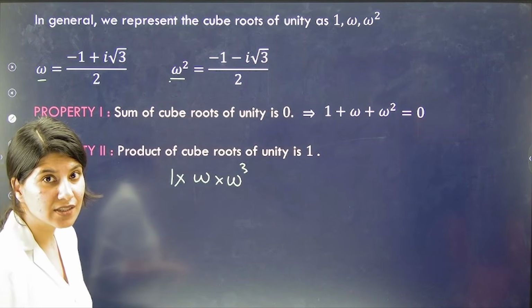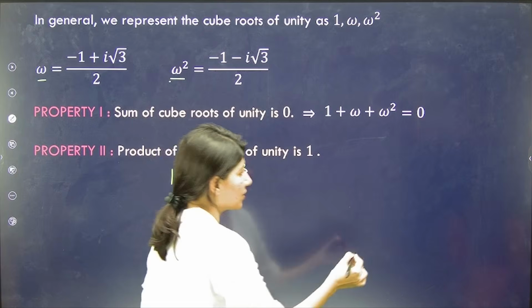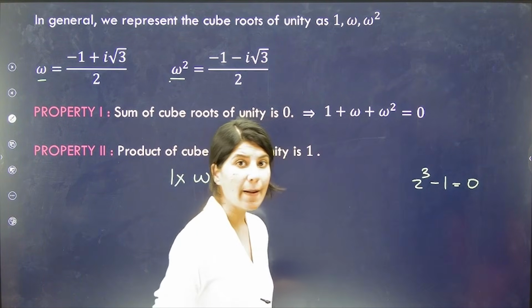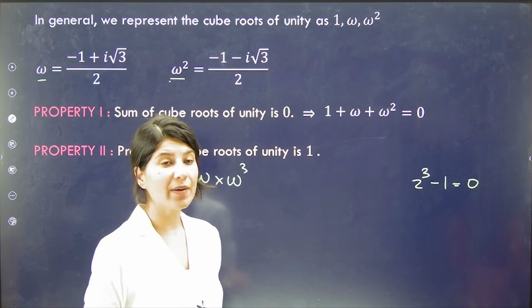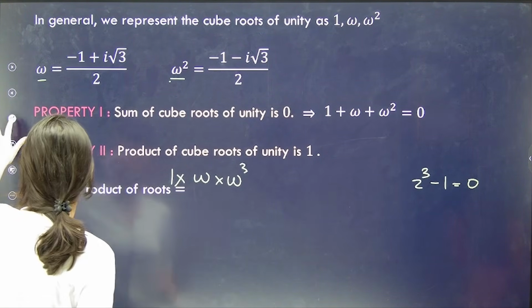Product of roots will also become, if this is the equation, product of roots will be minus of d by a. So minus 1 by 1. So this is going to become 1 only. Product of roots will be